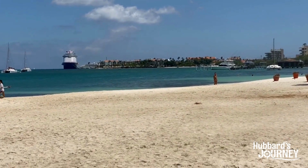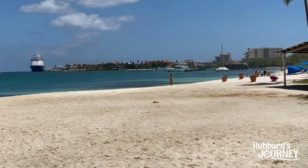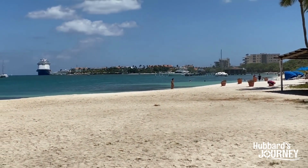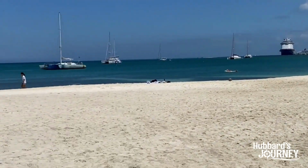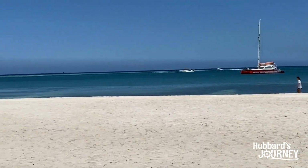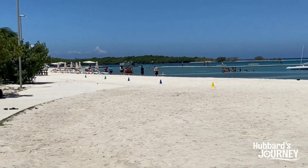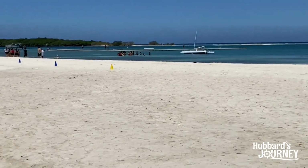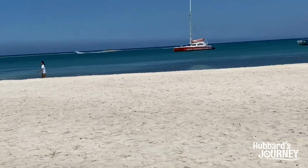So I've walked probably about, I don't know, 35, maybe 40 minutes. Left the ship, went to the right, went downtown, and then here's this beach. It's just gorgeous. It really is gorgeous. Last time I was here, I went to the beach on the...